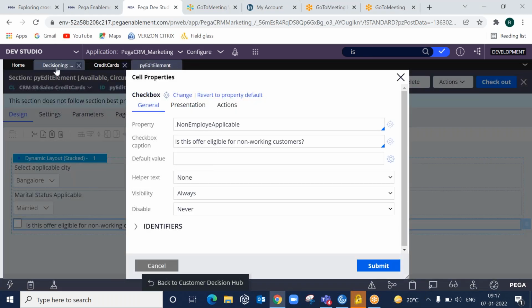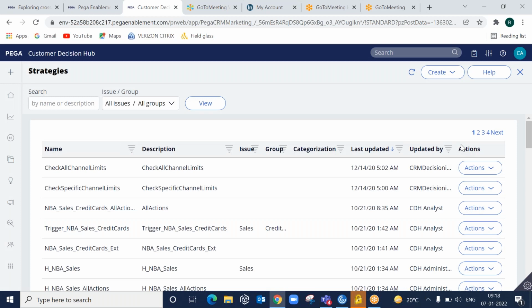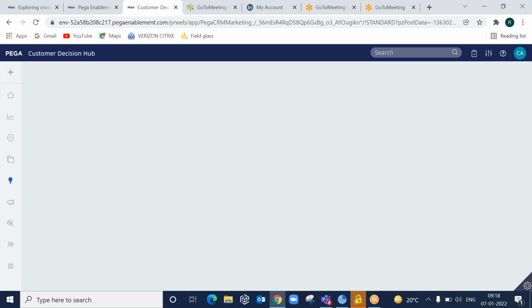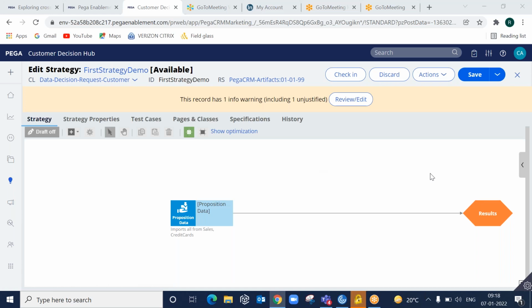Now let us go back to the strategy. You can click on this button, back to CDH. Then refresh. Select the strategy that you created, which is first strategy demo, and run it again.